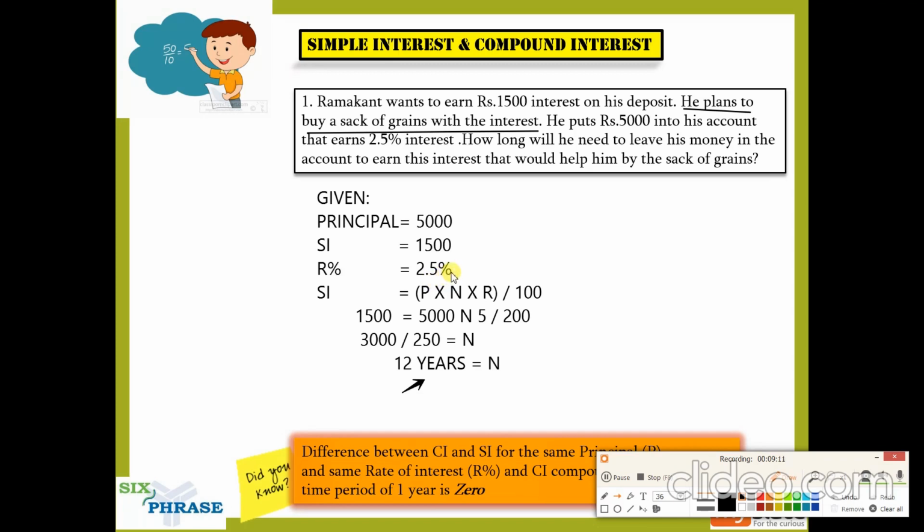You can also approach it like this. The method that you can use here is, take this 5,000 and find 1% of 5,000. What is 1% of 5,000, guys? 1% of 5,000 is actually 50. What is 2%? 2% is 100. What is 2.5 percentage? 2.5 percentage is actually 125. So 2.5 percentage, guys, is 125.